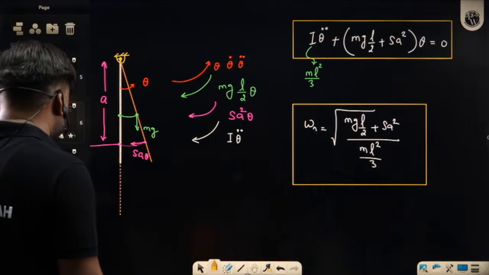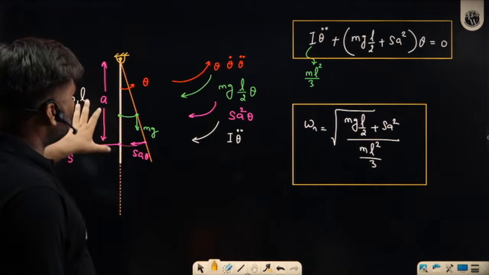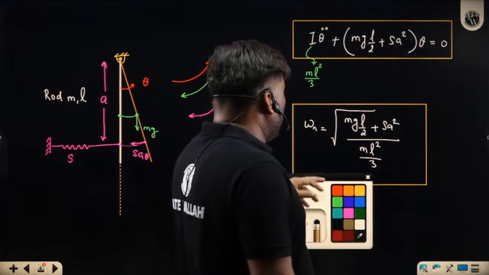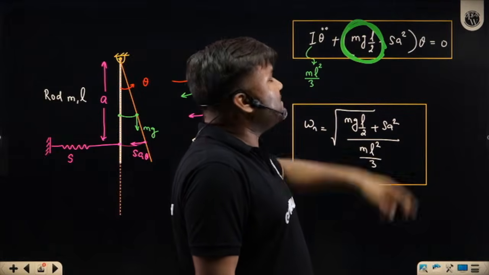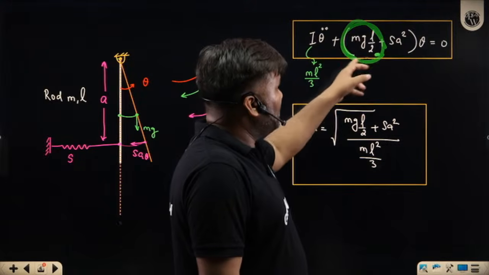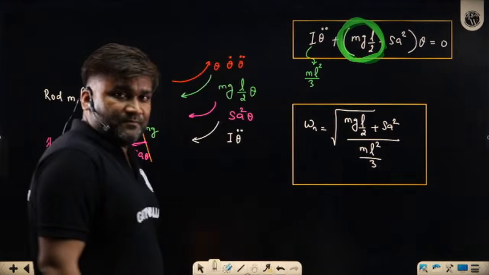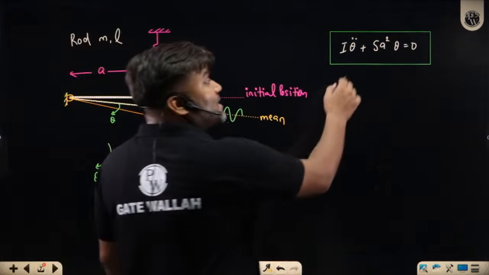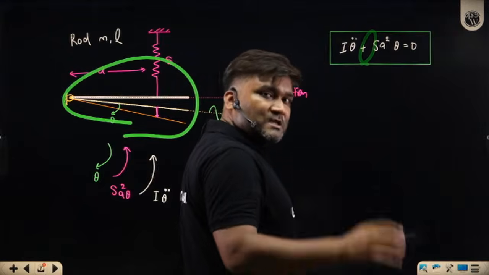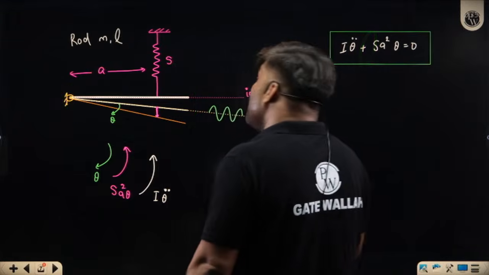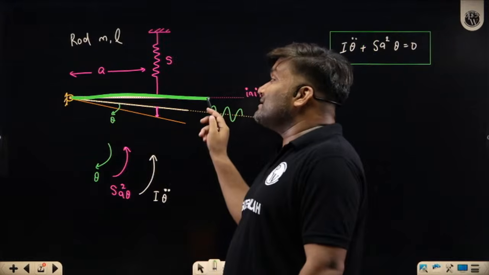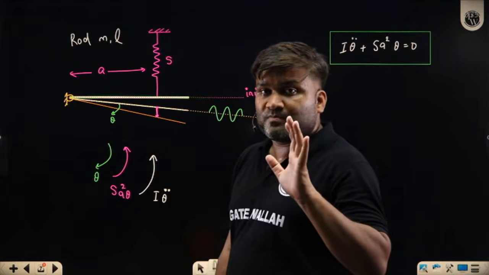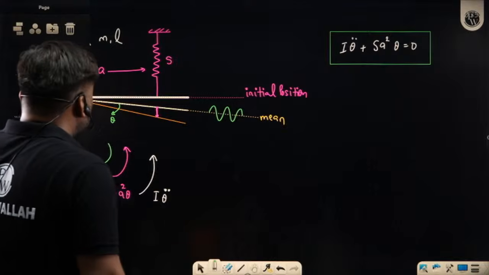Today we have solved two questions. Sir, can you solve this question? Sir, this question cannot be solved. Why? Because we are having weight participating in the stiffness component. I cannot solve this. Sir, here in this situation, weight is not participating in the stiffness. Spring is there. Can I solve this question? No, still you cannot solve it. Why? Because rod is there, distributed mass is there. If mass was concentrated, I could have thought about this. Yes, now you have got a clear idea.